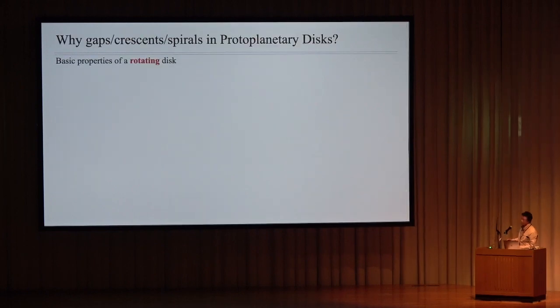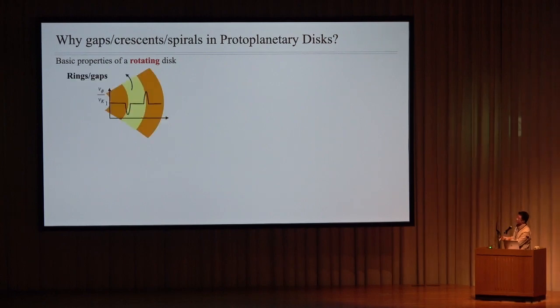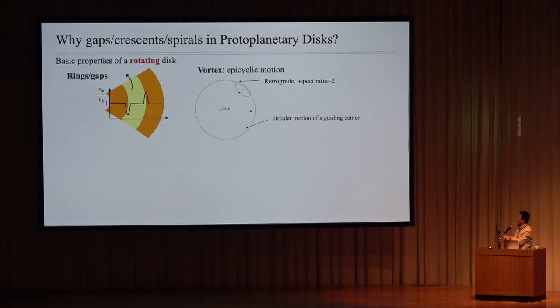So while we have structures in disks, structures reflect some basic properties of a rotating system. For example, if we go one step beyond a smooth disk, we could add rings and gaps. The radial pressure gradient could easily be compensated by varying the azimuthal velocity. If you allow the disk to be eccentric, we know an eccentric orbit can be decomposed into a circular motion and